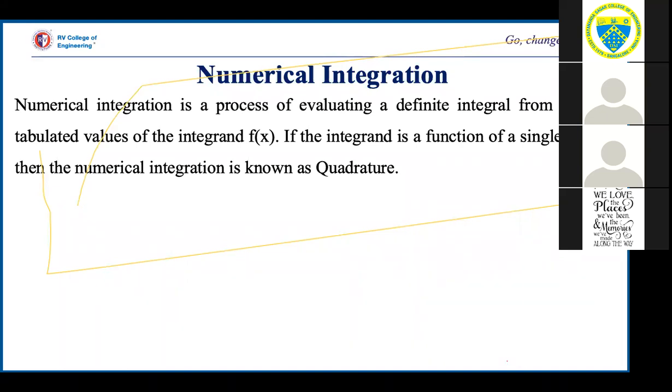Or you are given tabulated values of the integrand corresponding to the variable, and you have to find the definite integral. In both cases, we go for numerical integration.